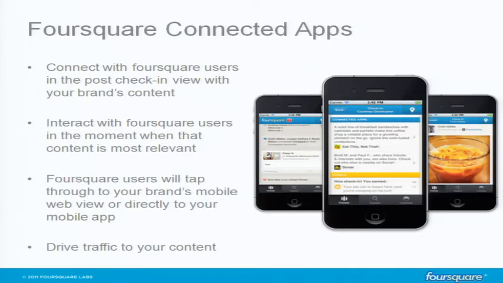We've introduced something that we call a connected app. A connected app is essentially you gaining a little bit of real estate within the Foursquare app. A great example for this is the Weather Channel, where you connect the Weather Channel app with the Foursquare application, and within Foursquare you check into places, and then the Weather Channel can push you weather information on the post check-in screen, telling you, hey, we realize you're checked into Hyde Park, which is an open air place. For the next 6 hours you don't need your wellies and your brolly because your barbecue's safe, right? This is the type of information that you get, and this is really powerful stuff.